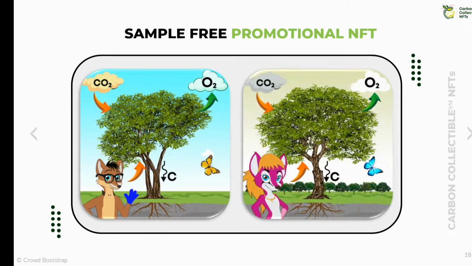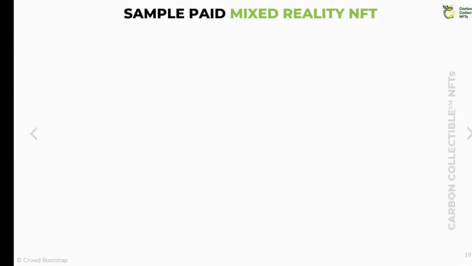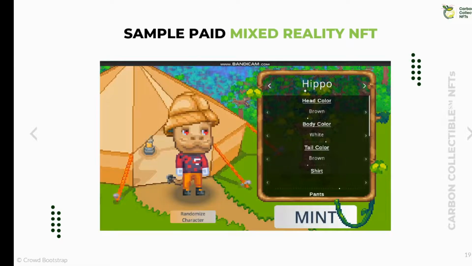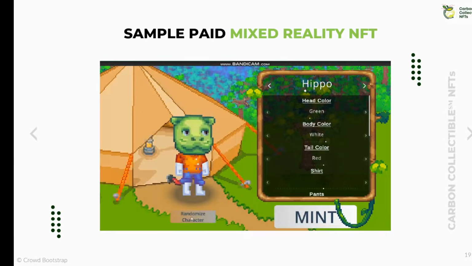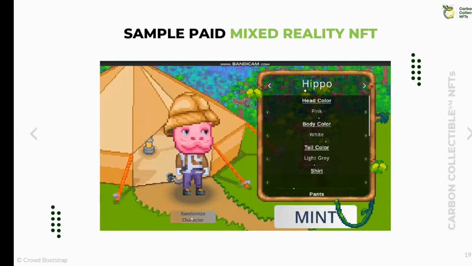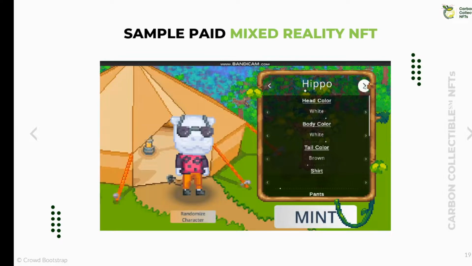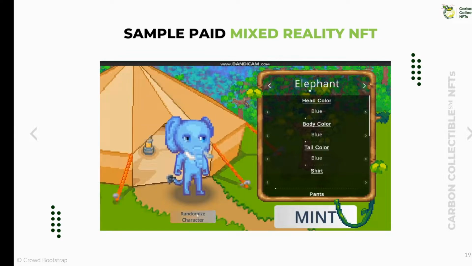This illustrates the art of our promotional NFT. So we've actually got a promotional NFT and also a paid NFT that conveys the rights to the forest land. This illustrates the paid NFT, and this NFT is actually an avatar. When you mint the NFT, you can actually select attributes for the avatar, and then those attributes are stored in your wallet, and then potentially these avatars can be used in gaming and other metaverse type applications, hopefully that have a forest type theme to them.